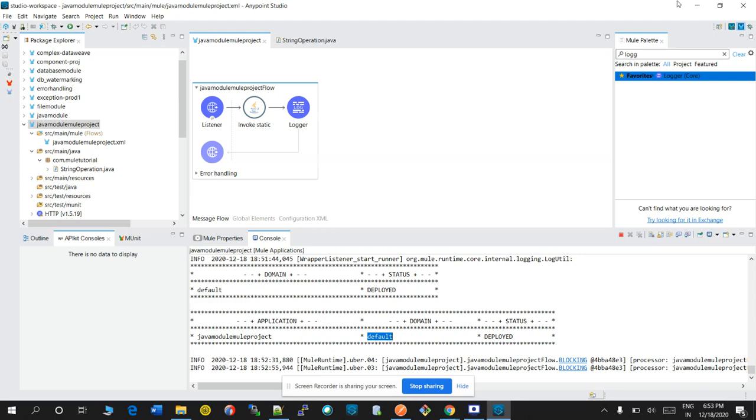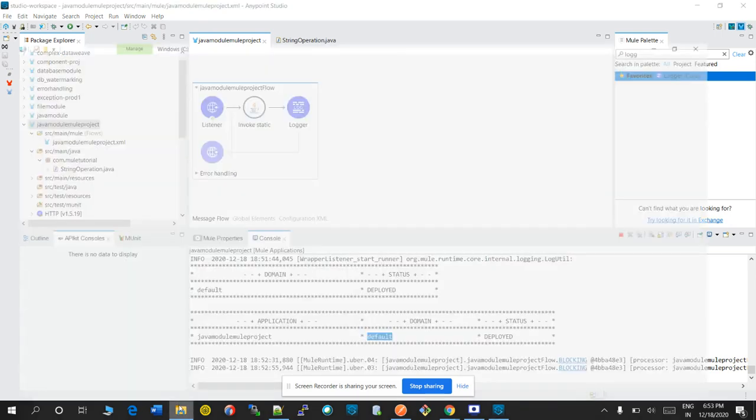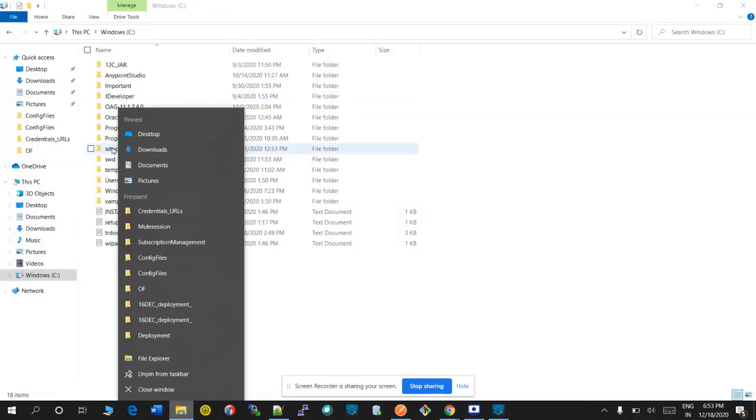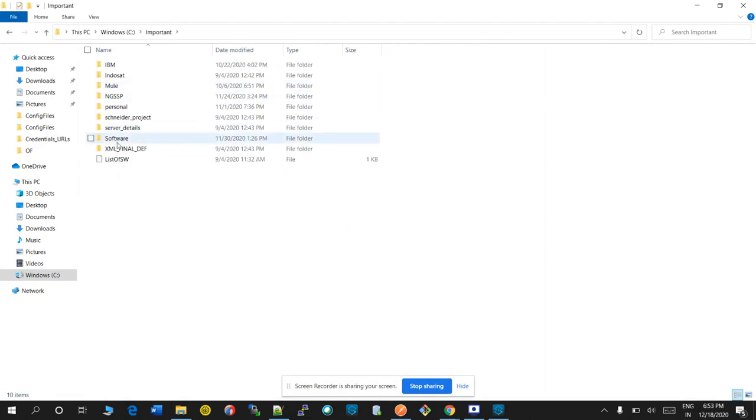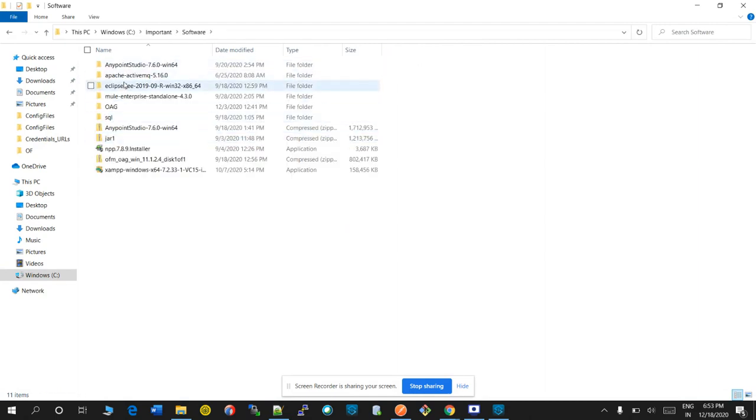Currently, we are deploying on the local system, but in real time, we need to deploy this on a server. So for that, we need to install the Anypoint standalone platform. I have already deployed it. Let's go to software.